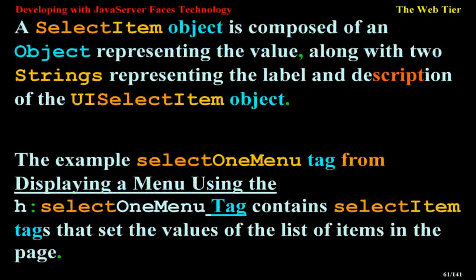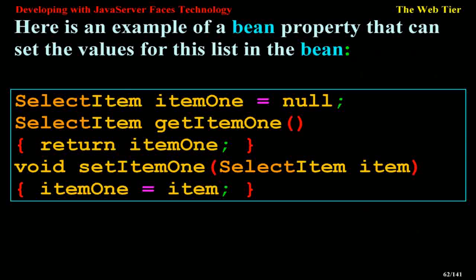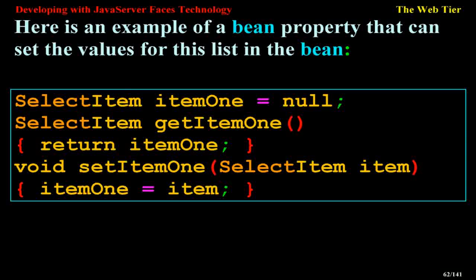Select one menu tag contains select item tags that set the values of the list of items in the page. Here is an example of a bean property that can set the values for this list in the bean. SelectItem item1 = null; SelectItem getItem1() { return item1; } void setItem1(SelectItem item) { item1 = item; }